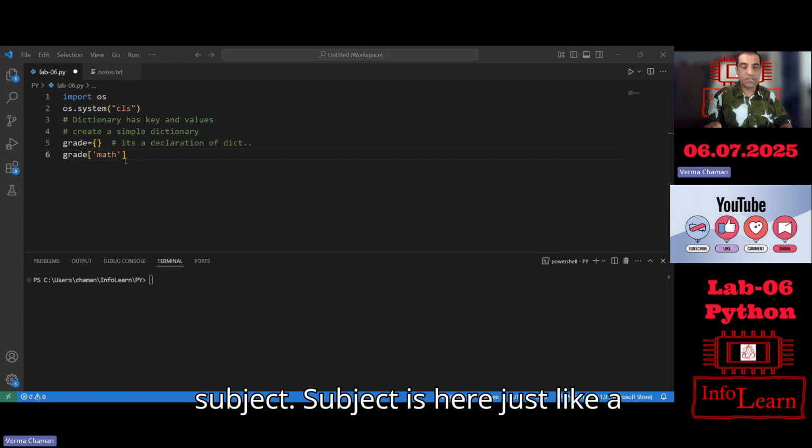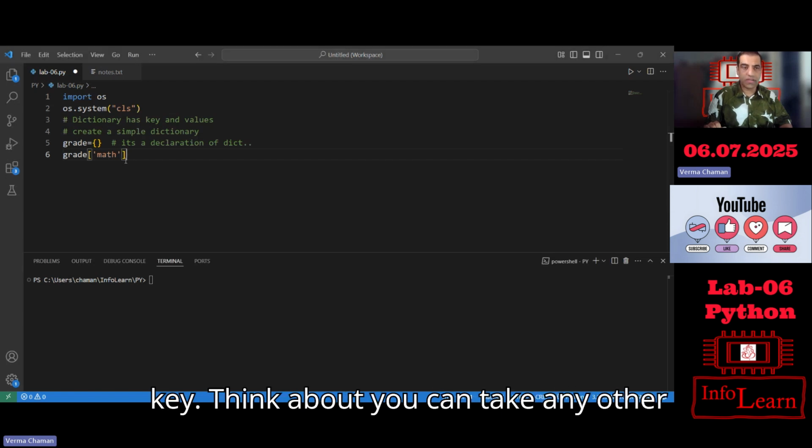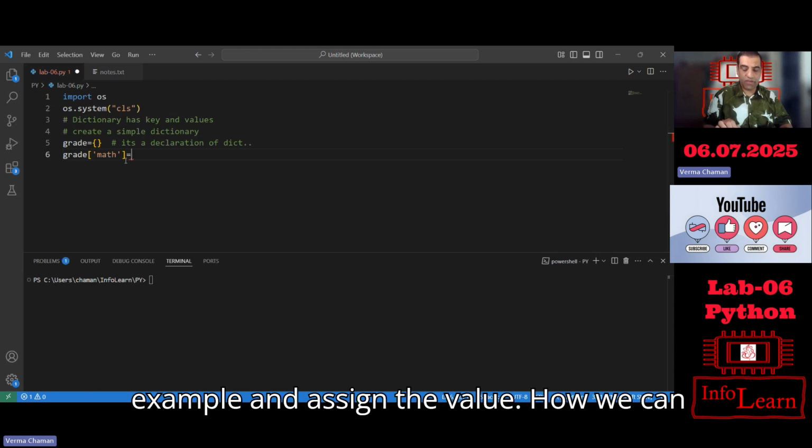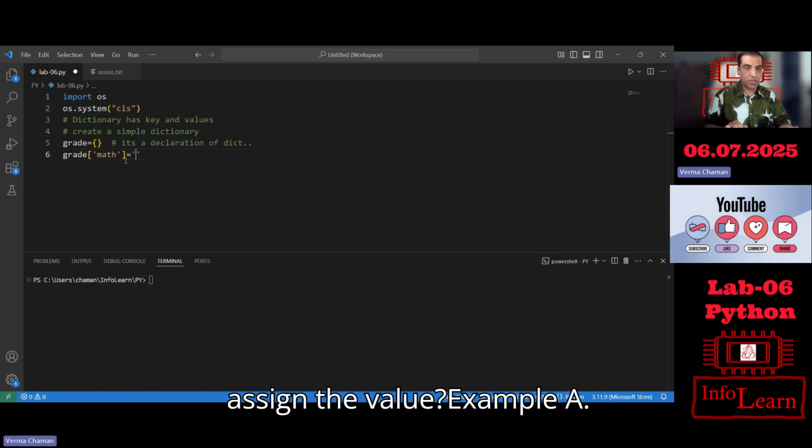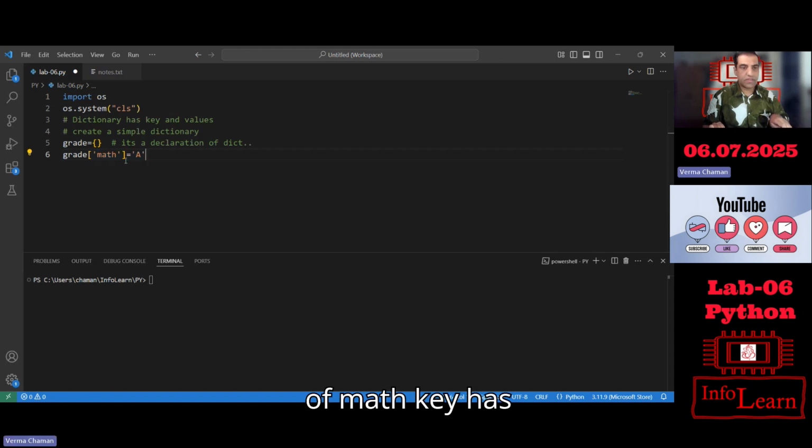Subject here is just like a key. You can take any other example and assign the value. How can we assign the value? Example, A. So now I can set the grade of math. Key math has A,